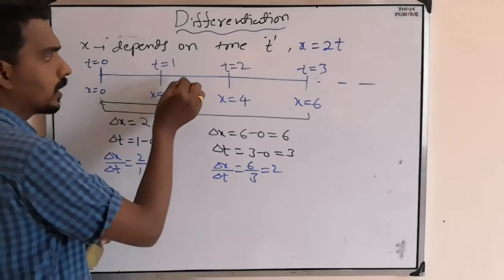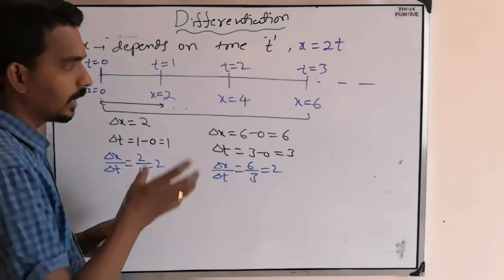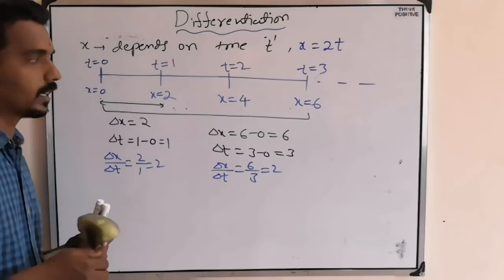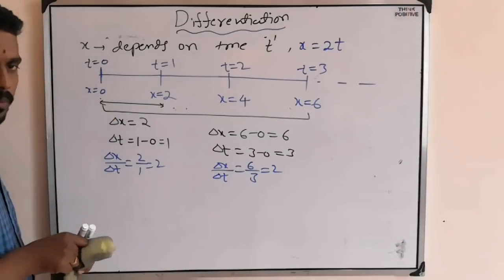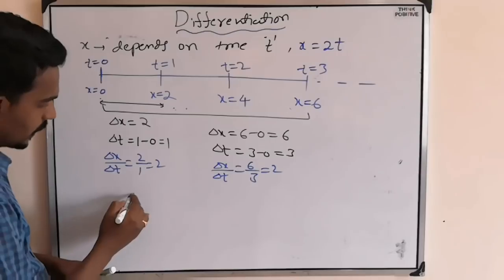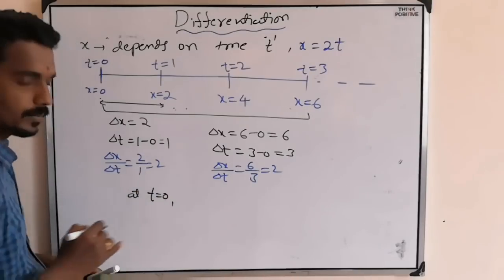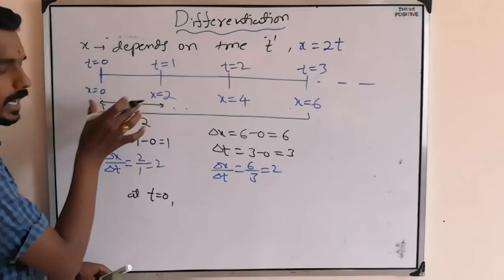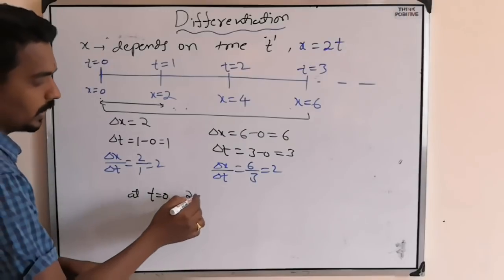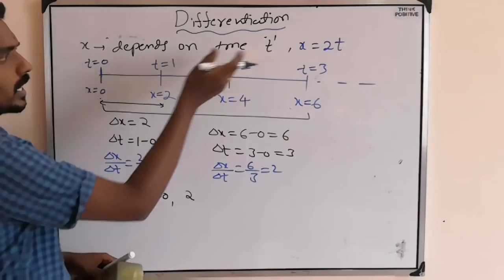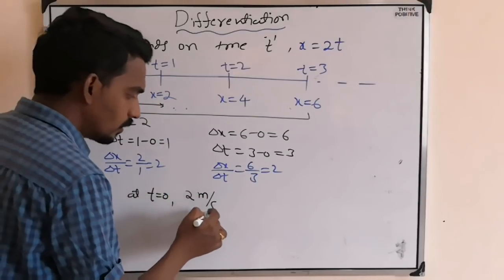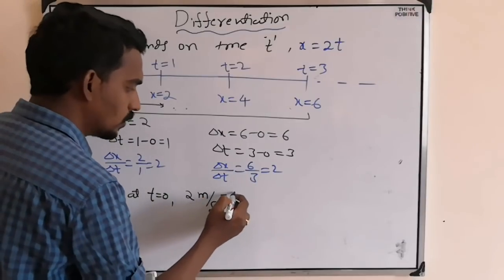But at a particular instant, if we calculate, that is called instantaneous change. Like, now at t equal to 0, in 1 second, x changed by 2. That means, at t equal to 0, at this instant, the x is changing in such a way that 2 in 1 second. Suppose x is distance. So you will measure in terms of meter. In 1 second.